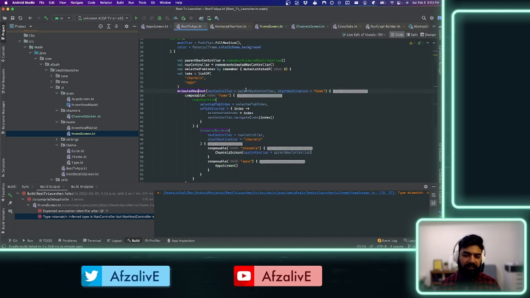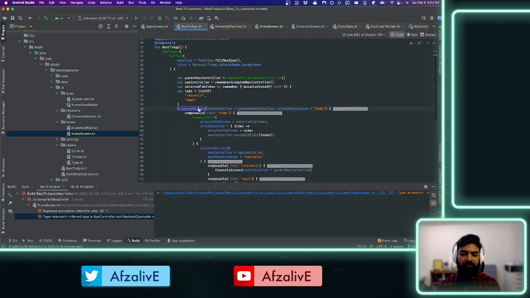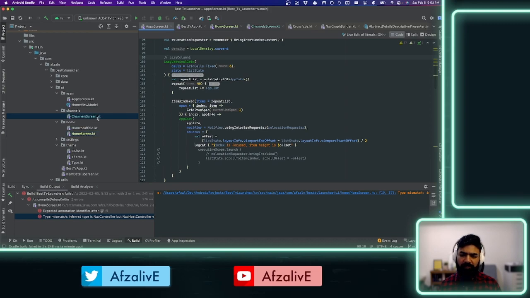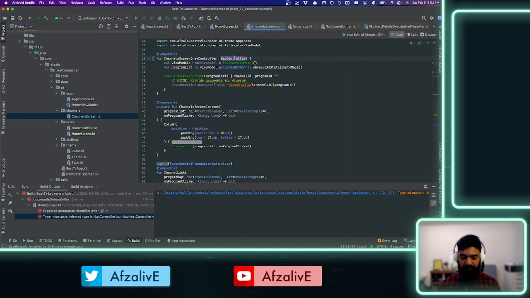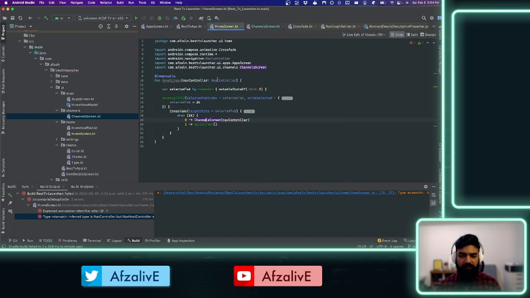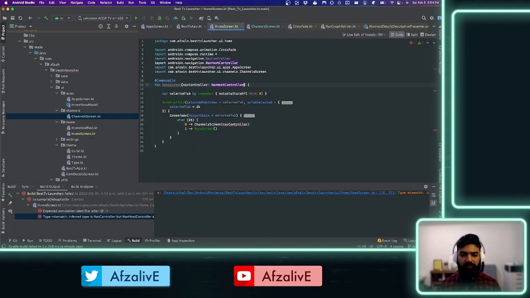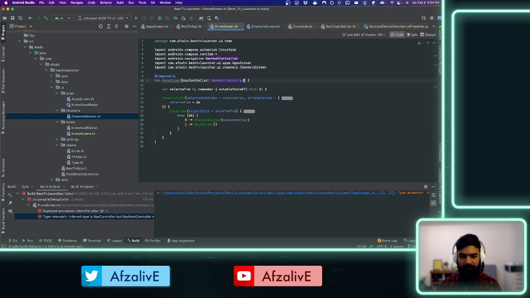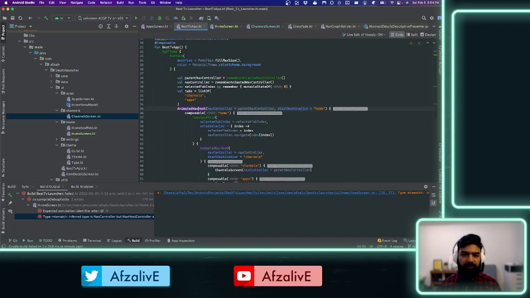Yes, we might need that. We might need the on back press to override it, maybe. Or to disable it, actually. Okay, so let's keep that. Let's change that. And then